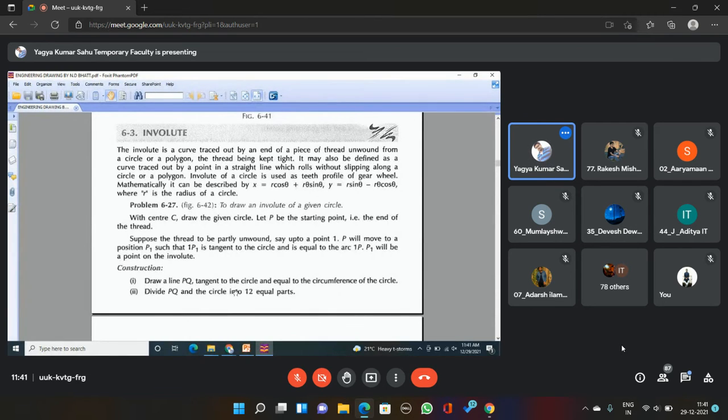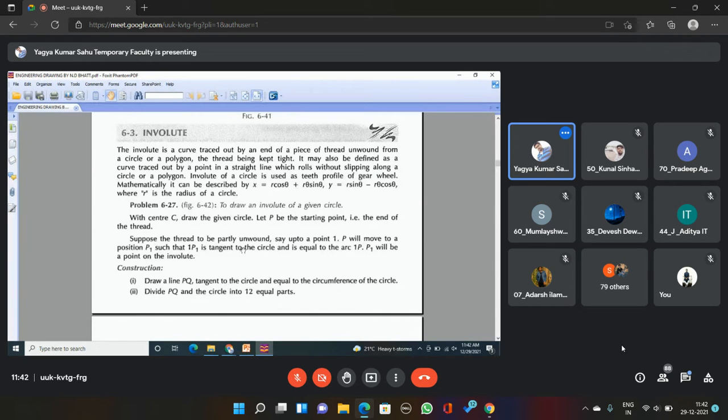When you throw it, what is the curve generated while throwing that top? That is nothing but an involute, according to the definition of involute. And the technical application of these involute curves is seen in the tooth profile of gears. These curves are basically used in the tooth profile of gears, for mechanical purposes.